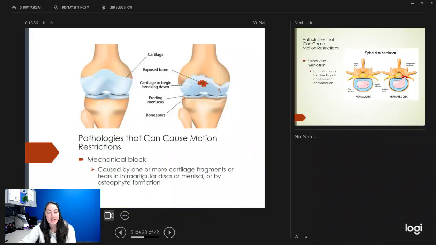A mechanical block could be caused by cartilage fragments that are in the joint and blocking the movement, tears in the intra-articular disc or the meniscus, or osteophytes, which are bone fragments that are in the joint. Any of those can cause a mechanical block. So there is a fragment of something that is causing that block. Typically, something like that will cause a hard end feel where it blocks and won't move any further. Now with the cartilage, it could be more springy